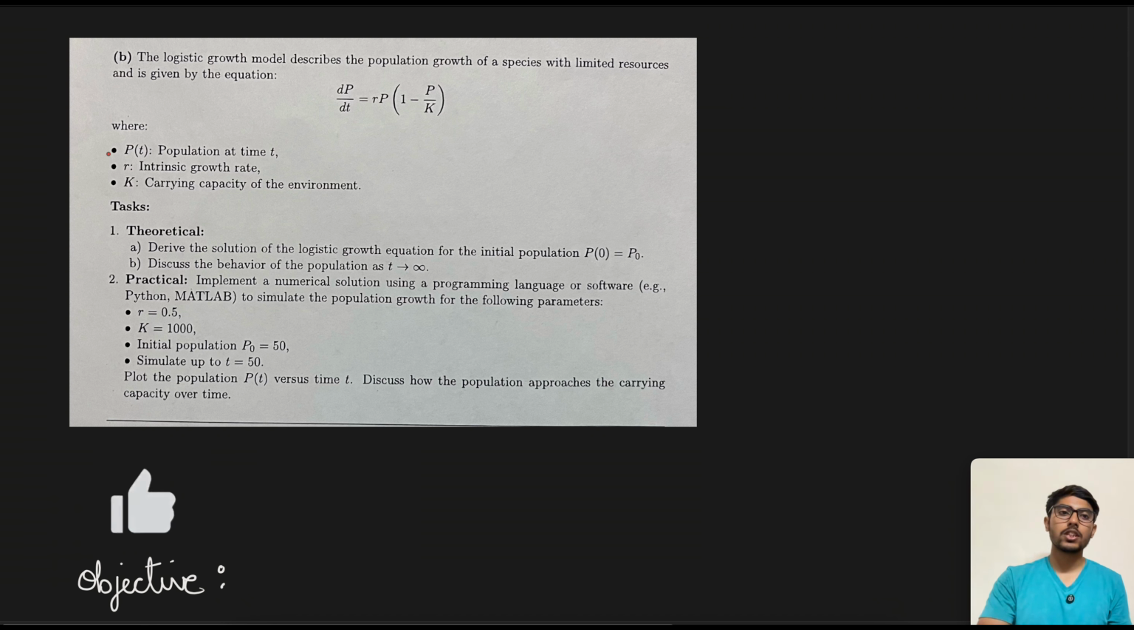Today we are going to see a new topic which is the logistic growth model. So let's read the question first. The logistic growth model describes the population growth of a species with limited resources, which is important here, and is given by the equation dP/dt = r times P into (1 - P/K), where P(t) is the population at time t, r is the intrinsic growth rate, K is the carrying capacity of the